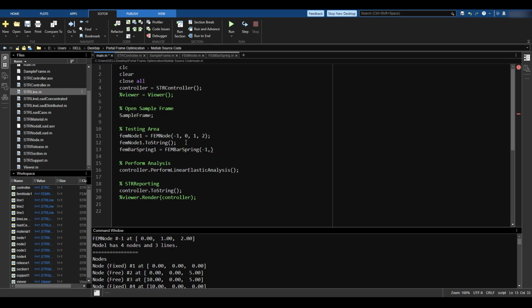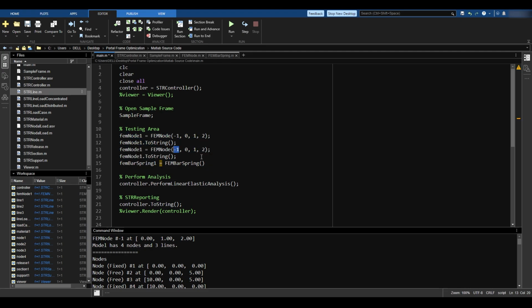What does it want from me? It wants 2 FEM nodes, right? I don't have that. Let's make another FEM node. So this is 0 now, and that's 1, 1, 2. Now let's try our best. So it's ID